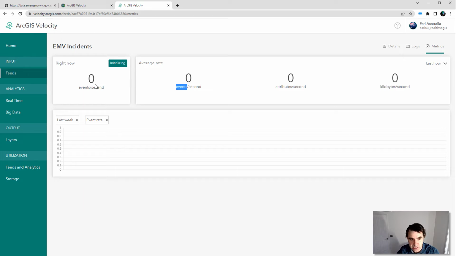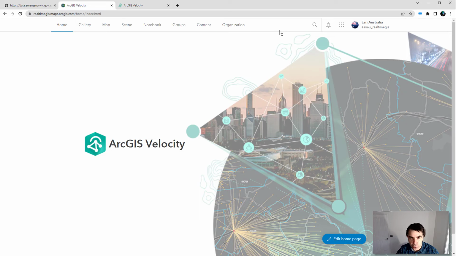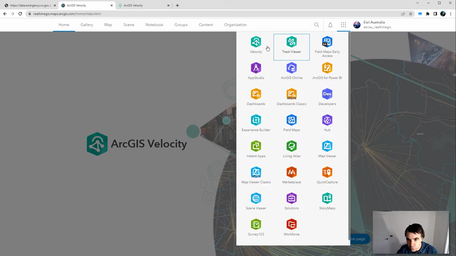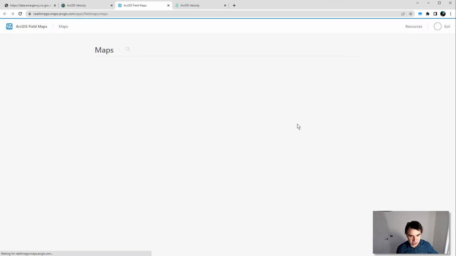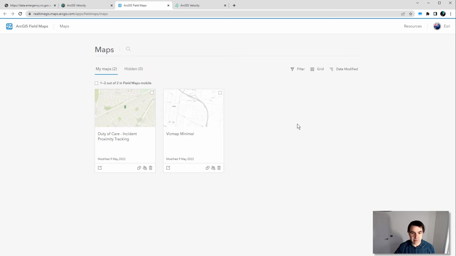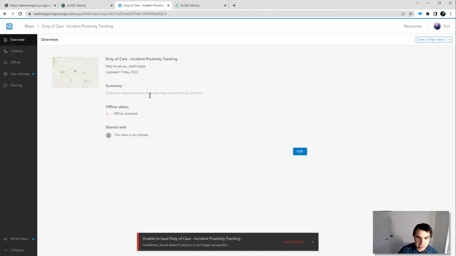Whilst that's initializing, what I want to do is actually backtrack. So in my organization, I've already set up a Field Maps project that has tracking enabled. So on the organization, I have tracking enabled. And in my application here, this has tracking. So it's not just limited to Field Maps, but Field Maps is the common one a lot of people will be using. And within Field Maps,